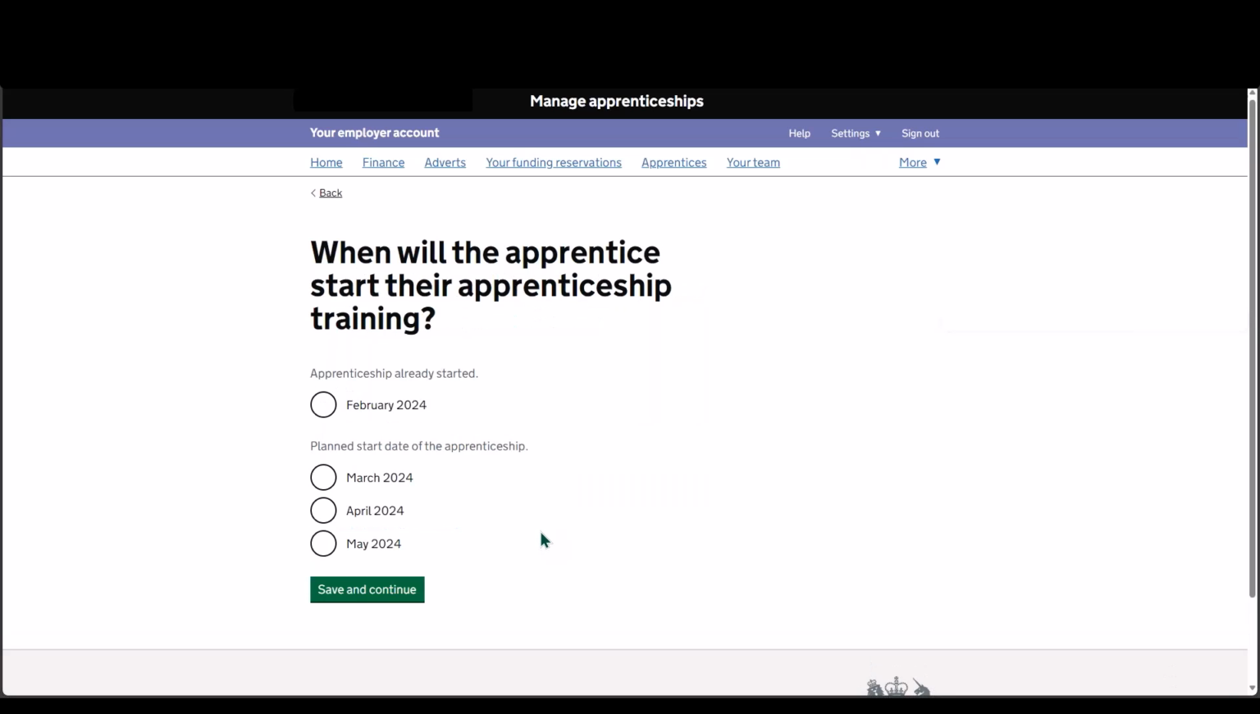The next question is, when will the apprentice start their apprenticeship training? As the apprenticeship will be funded through a reservation, you will be prompted with a 4-month window starting from the previous month. Once you have selected a month to reserve funding or selected an estimated start date on this page, the funding is reserved for up to 3 months and you will have this long to complete setting up your